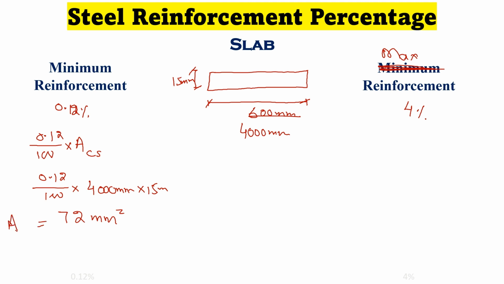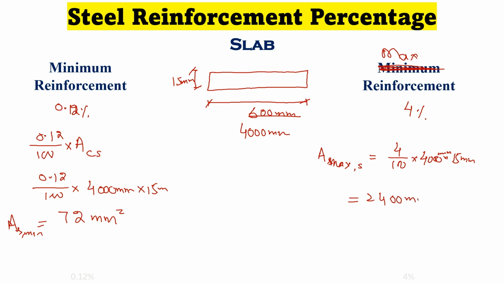This is the minimum required area of steel for the slab. And if we want to determine the maximum area of steel in slab, it will be 4% of the cross-sectional area of slab. So when we multiply 4,000 by 15 and divide by 100 and then multiply with 4, the answer will be